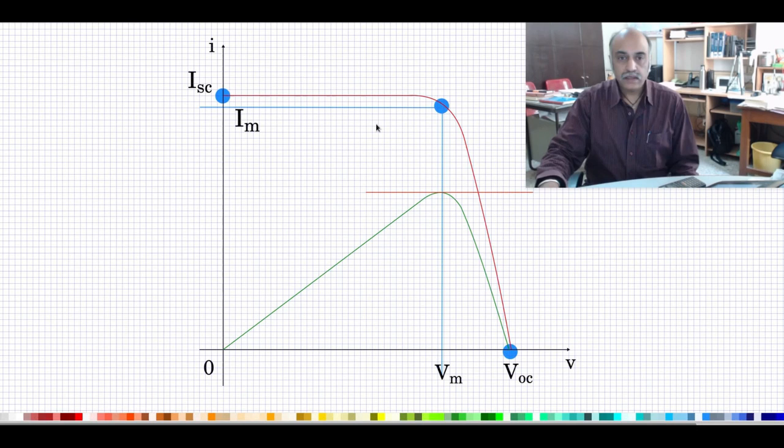Having looked at the IV characteristics and the significant points on the IV characteristics, it is probably now a good time to look at the data sheets. Studying the data sheet and trying to map the data sheet parameters to the IV characteristic significant points will give great insight into the character of the IV characteristics and also to select the PV panels. We shall have a look at the data sheet and try to consolidate our understanding of the IV characteristic of